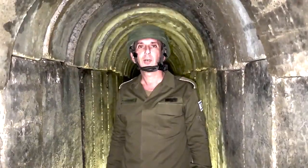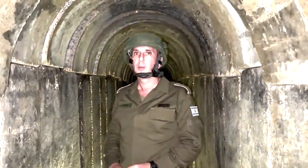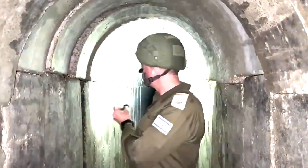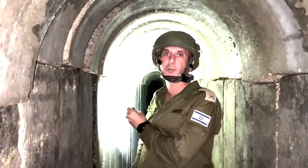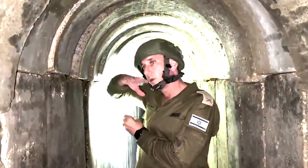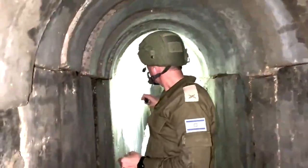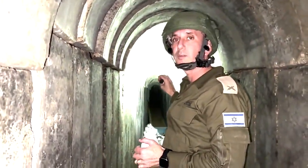In the Shifa hospital compound, we're underneath the ground, approximately between the Qatarian building above us, and this is the way to the street, meaning this is a way that goes outside from the hospital. We are talking about a tunnel which is more than 300 meters in this specific area alone. So this area goes directly outside of the hospital,